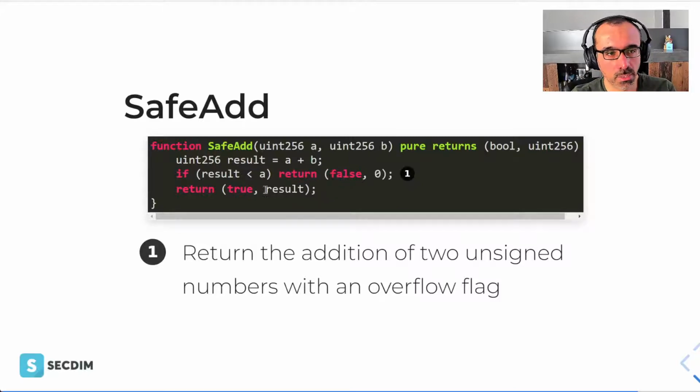So we will return false, kind of an overflow flag. We say false with the result 0, just to indicate that, hey, there's some exception happening here, or we can even revert the transaction here. Otherwise, we will return true, that, hey, happy days, overflow hasn't occurred, and here is the result back to you. So this is one example of a precondition check when it comes to adding two numbers.